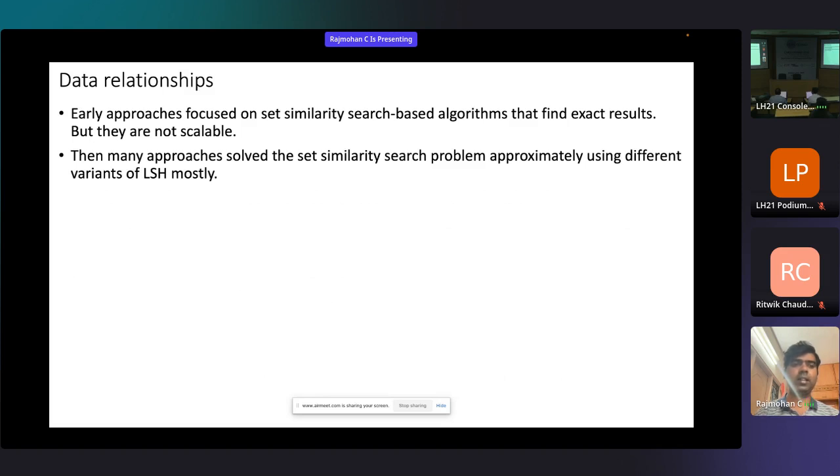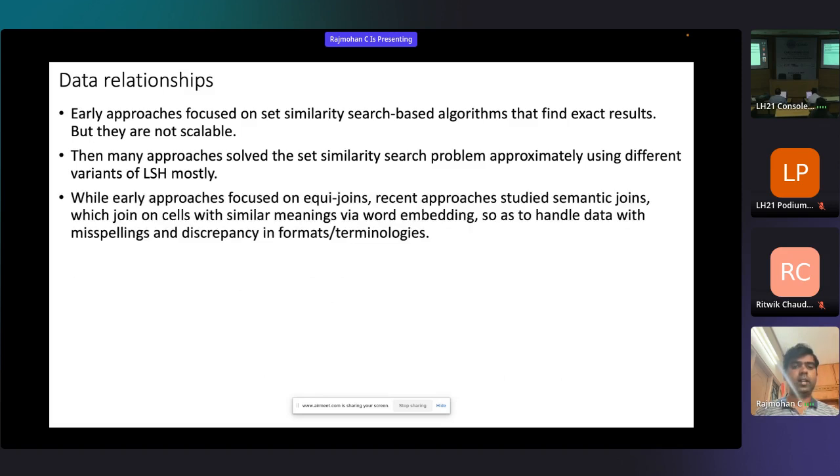locality sensitive variants, right? These early approaches mainly focused on equijoins, but there have also been a lot of recent approaches working on semantic joins, where you have similar meaning words and sentences across tables that you learn embeddings for and then try to correlate across tables, right? This will make sure that you don't miss out on identifying and handling misspellings and discrepancies in the format